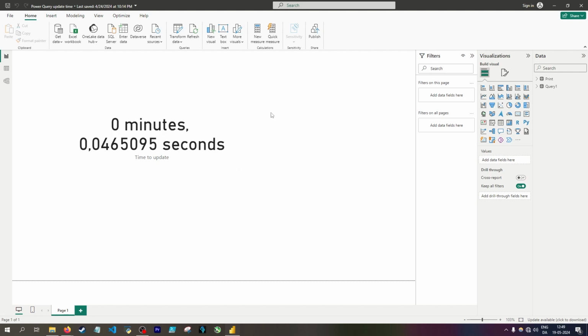You could then ask the question if you even need to know how long it takes to update. At least for your user, you internally might want to know if a query is slow, and then you can make some changes and see if it's faster. But honestly, I would trust a stopwatch more than I trust these functions. So that was a bit of a failure, but I felt it was necessary to include that. So yep,